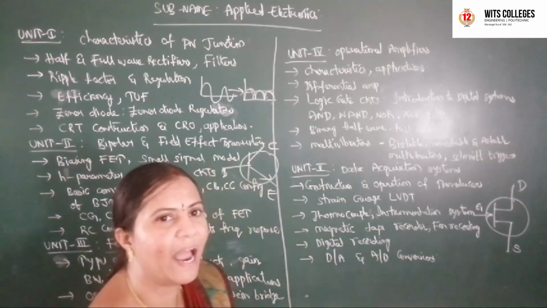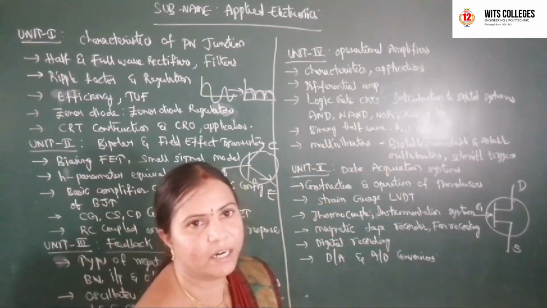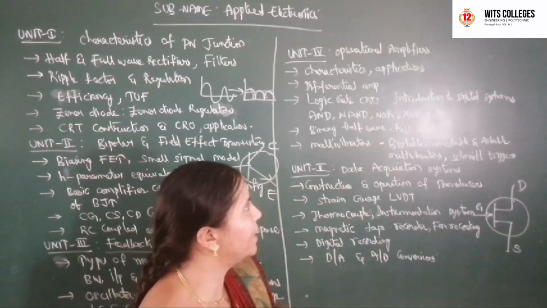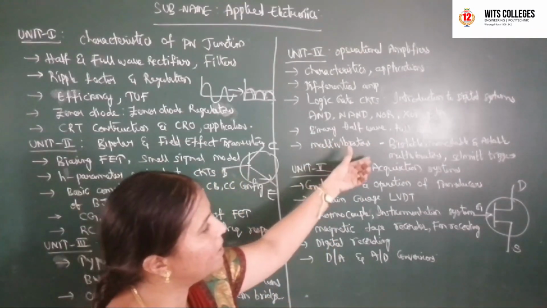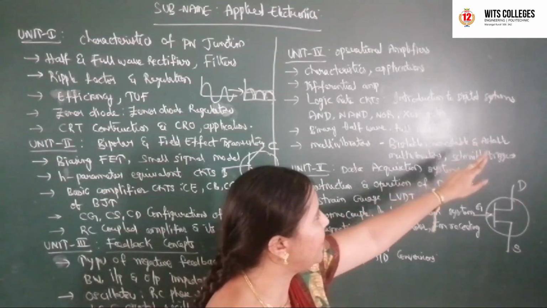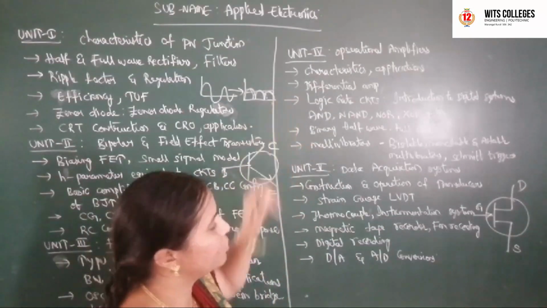Basic gates వచ్చేసి AND, OR, NOT gate. Universal gates వచ్చేసి NAND and NOR gates అంటారండి. ఓకేనా? So next, what are the binary, half adder and full adder circuits? Next, multivibrators. In multivibrators you can study about the bistable, monostable and astable multivibrators, and Schmitt trigger also. So this is the fourth unit.